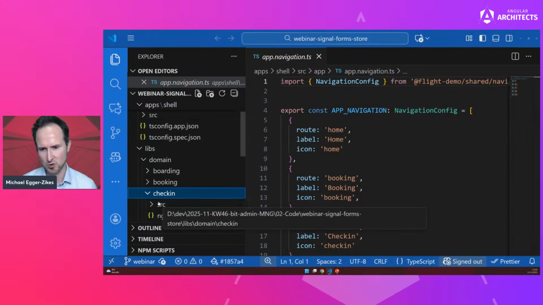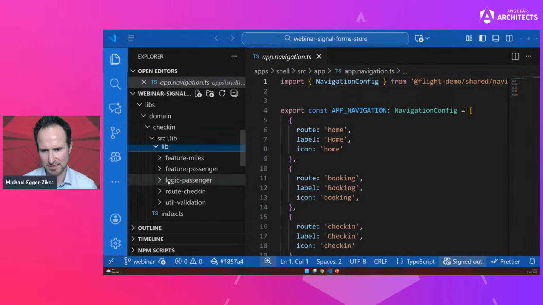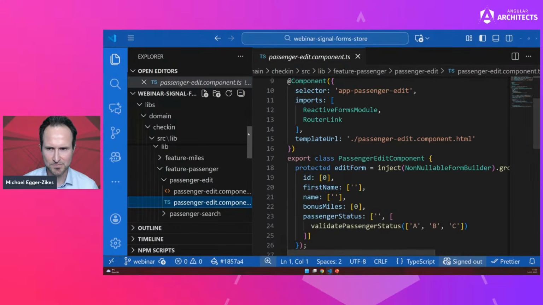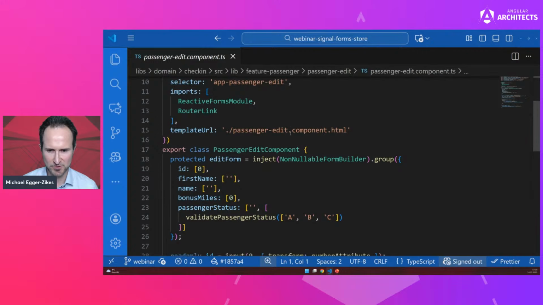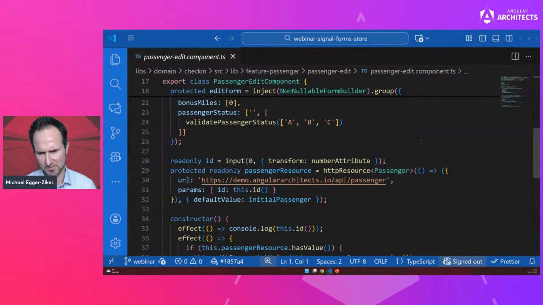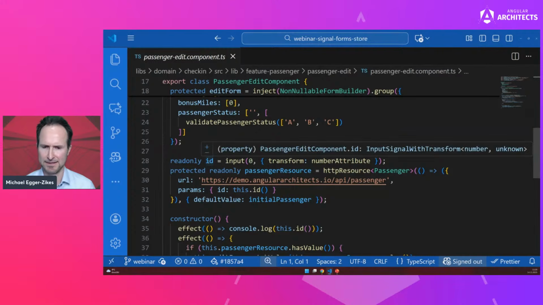So here in the check-in subfolder, with the library subfolder and feature passenger edit. Here you can click on the TypeScript component. I hide my project tree here. And as you can see, we are using here at the moment reactive forms. So the edit form property here is actually created with the form builder, and the form group is created with an initial state. Then, as you can see here, we have modern inputs like a signal-based input that can be